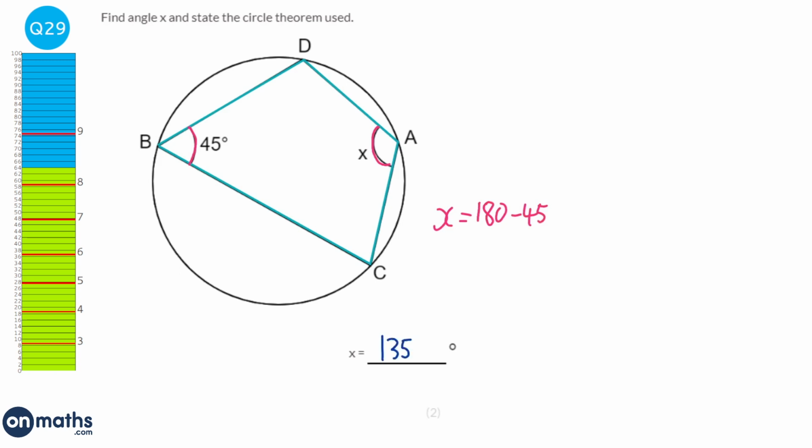And the reason we state is that opposite angles in a cyclic quadrilateral